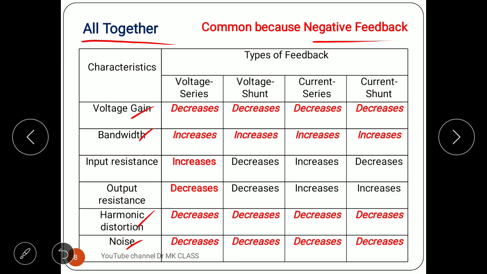It's a common characteristic. Only the problem is input and output resistance, and that too the first one is not a problem because we are using voltage amplifier everywhere. So input resistance increases and output resistance decreases. This increases because the amplifier should consume less power, so that increase is a required element, so we can remember that one. And output resistance, because the amplifier we are going to connect to the speaker, this output resistance should decrease, that you can remember. So by that you can remember these two.